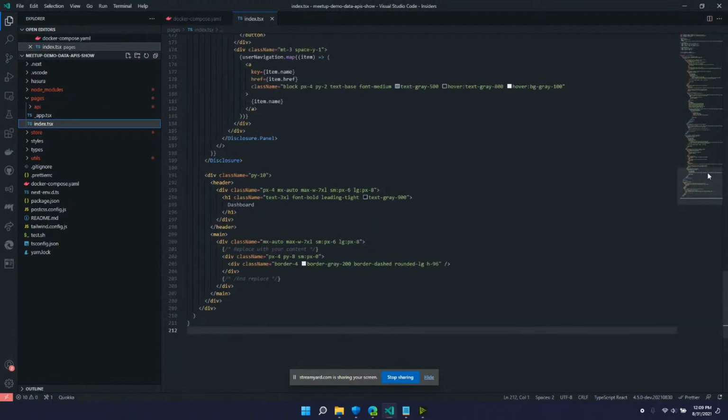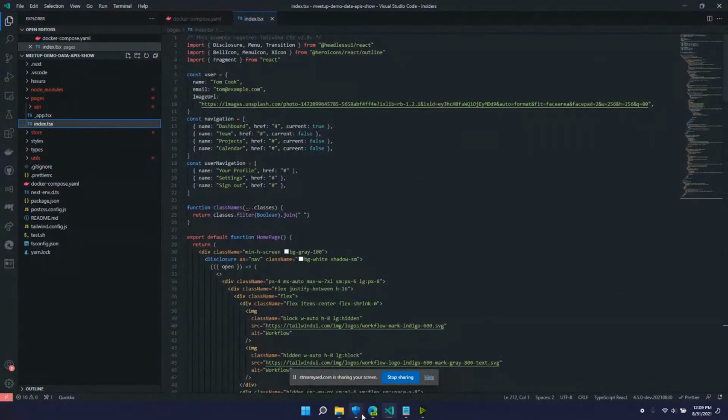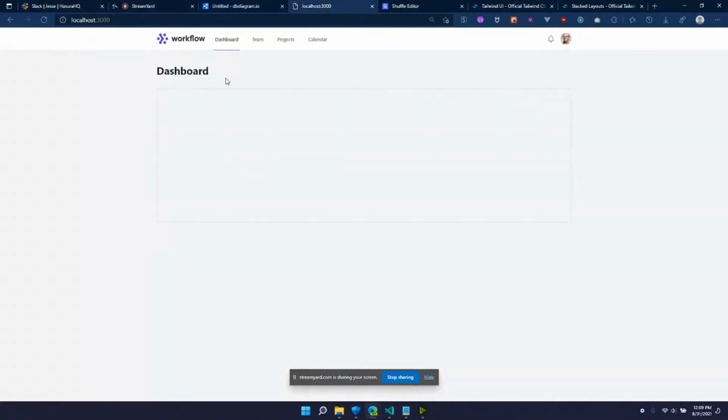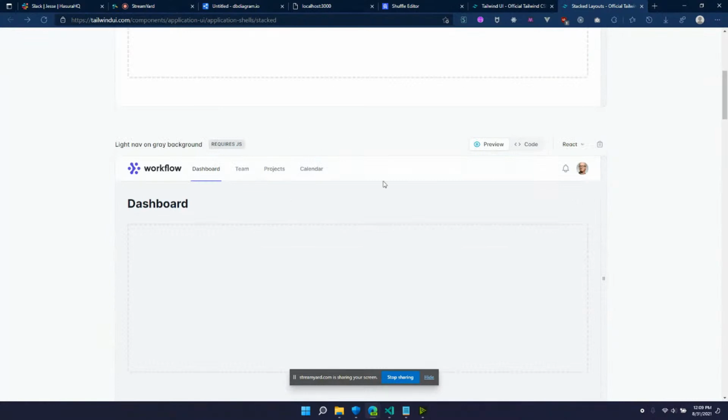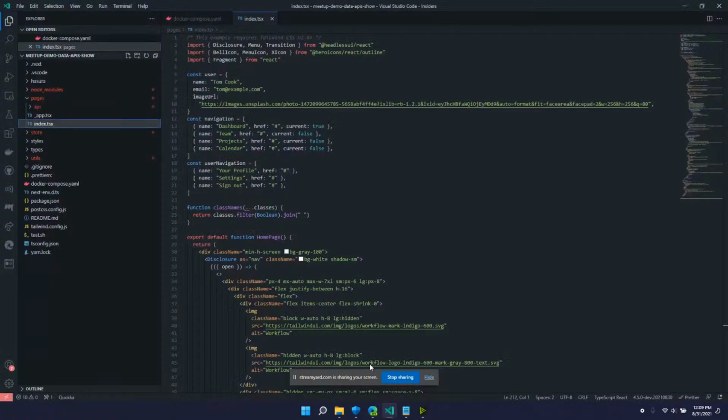So I've got this index page, which if you see here is just one of these kind of filler Tailwind UI pages. It's actually this one right here. And yeah, the rest of this is just a little bit of empty scaffolding around Next.js, and we'll fill this